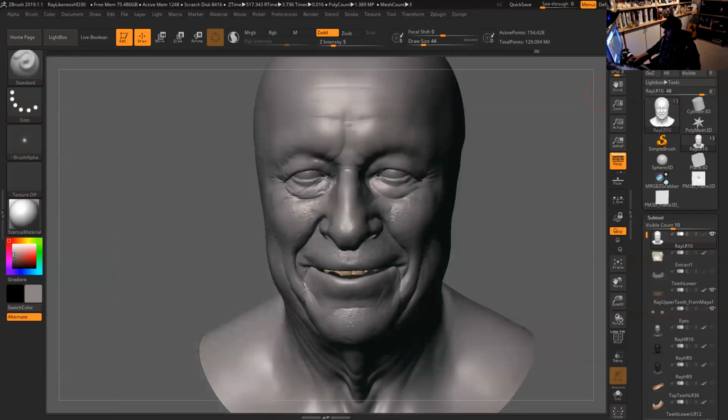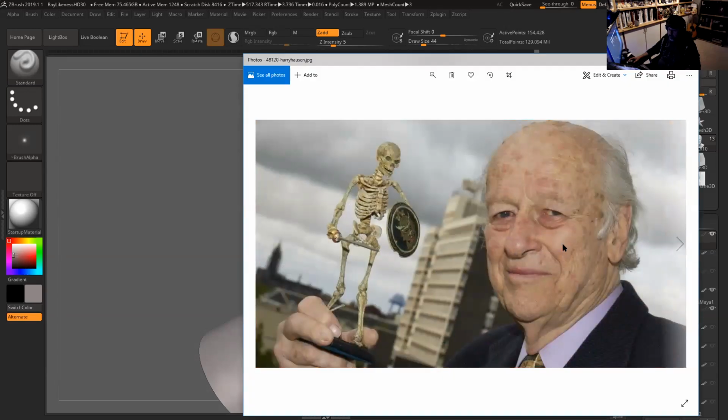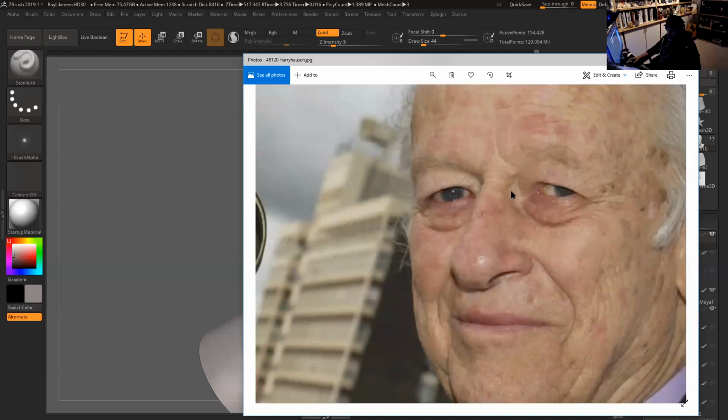Let's see, this guy here. So I have this guy here. It's very low resolution, actually. Let's try to find one with the better. This one is a better resolution, actually. So if I have some bigger forms, for example, like his nose, there's indentations in there and all this stuff,